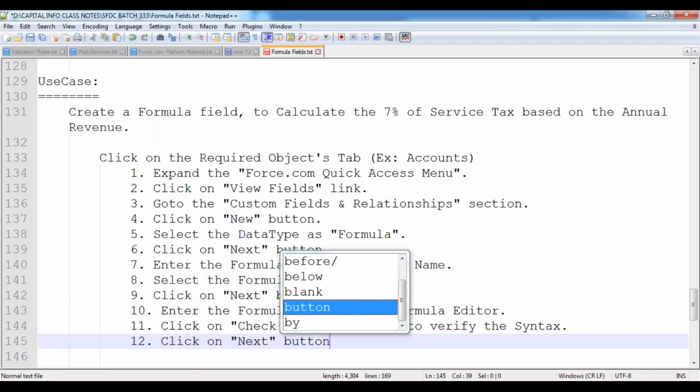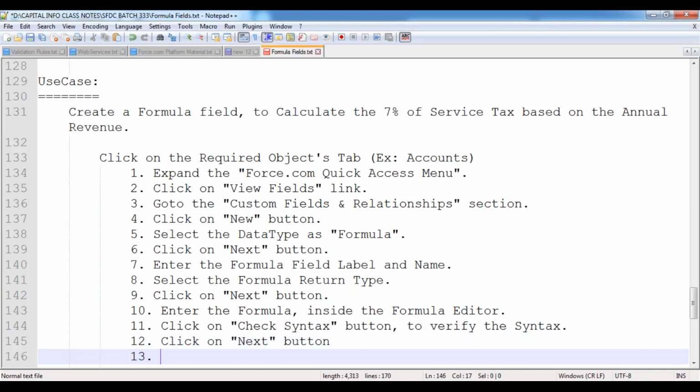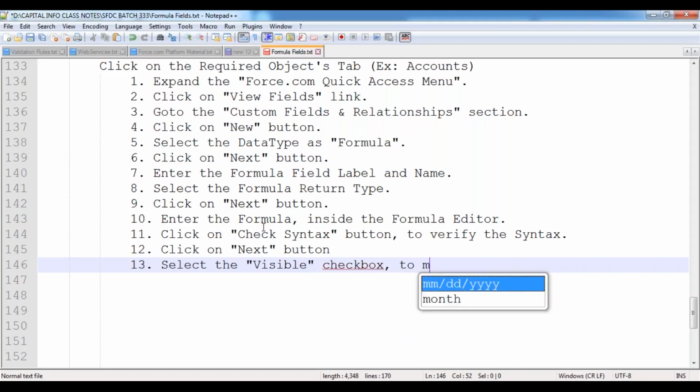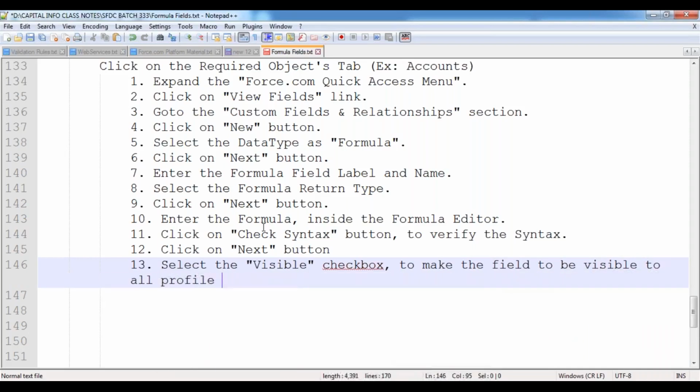Click on the Next button. Select the visible checkbox to make the field visible to all profile users.